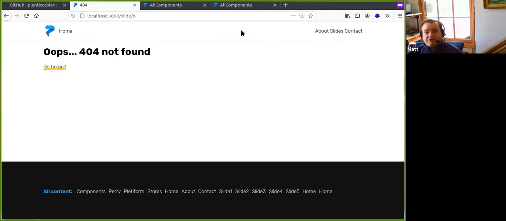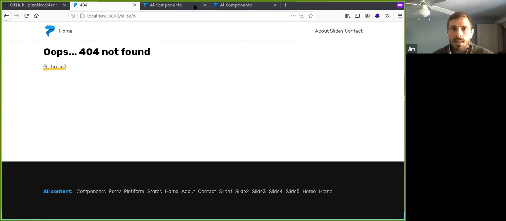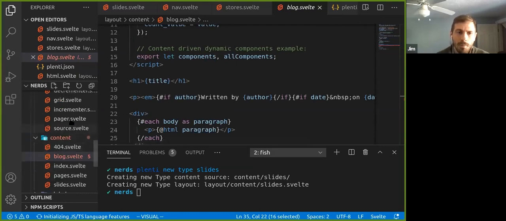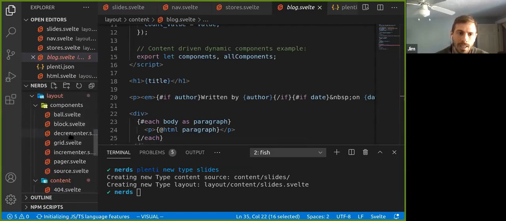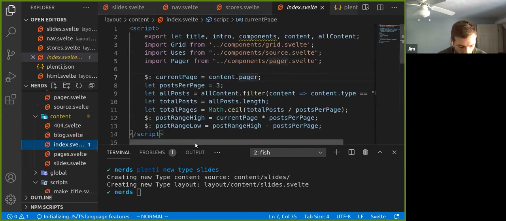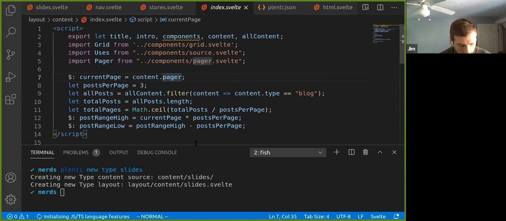Yes. So could you just use a function like you did for parts? Yeah, let's take a look. I think maybe the easiest way is to look at how we're doing it on the blog post, because it's going to be kind of similar, right? So I'm going to go to my index, my homepage. This is where we're setting up the pagination for the blog post. Let me open some of this up so we can see what's going on here.